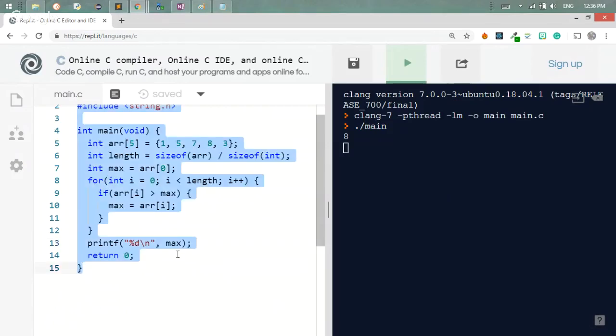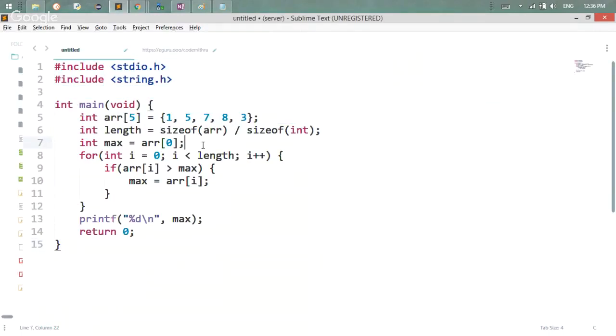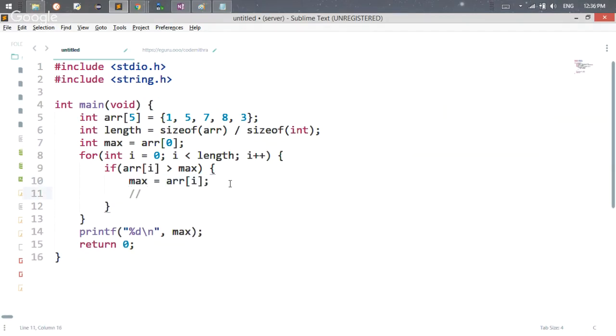Correct? Now, the question that they have asked is not the maximum element, but the second max element. In order to find the second maximum element, there are multiple approaches, but I'm going to give you a very short and simple approach. Every time the current element is greater than the maximum, I am replacing the maximum, right? So here, in order to find the second maximum element, before replacing max,